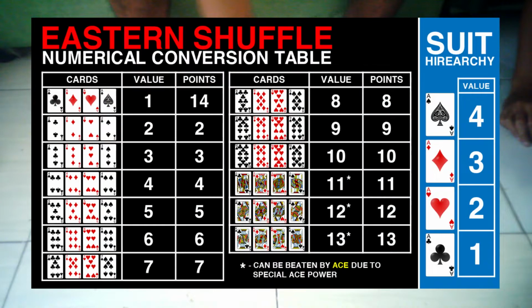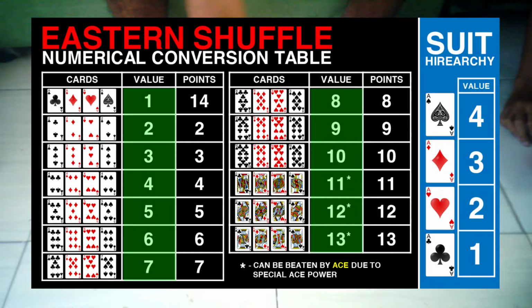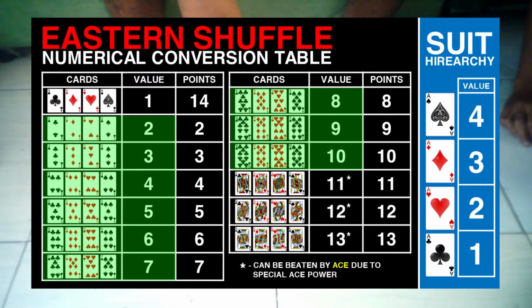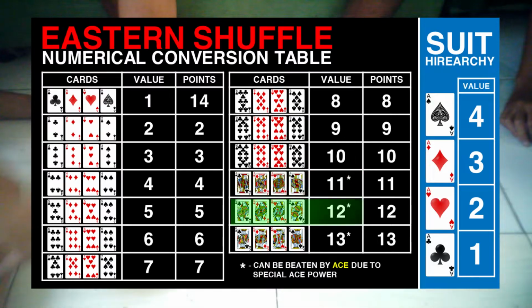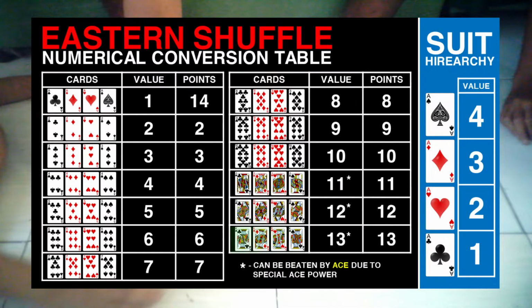After they have dealt their cards, the moderator and the players shall determine the winner of that round using the numerical conversion table. Here, the player who dealt the card with a higher numerical value shall be declared the winner, and the lower one shall be the loser. Here are the values of each card. Cards numbered 2 up to 10 have a value of 2 up to 10, respectively. Then, the Jack has a value of 11, the Queen has a value of 12, and the King has a value of 13. Here's the twist.